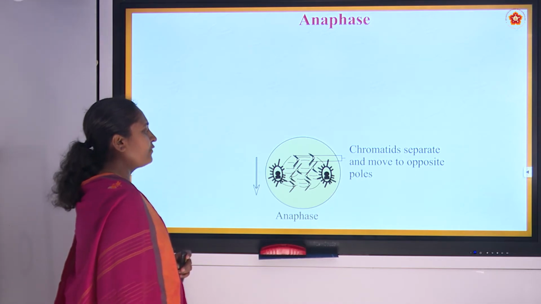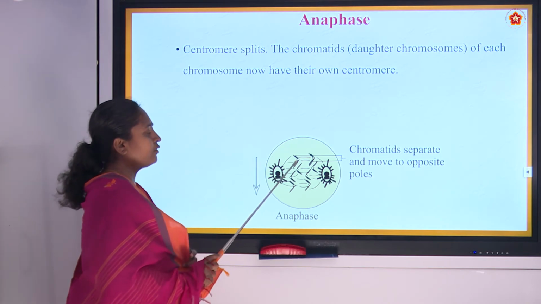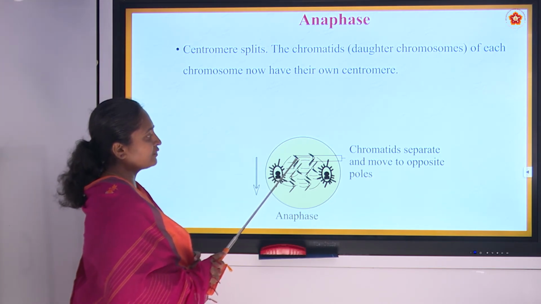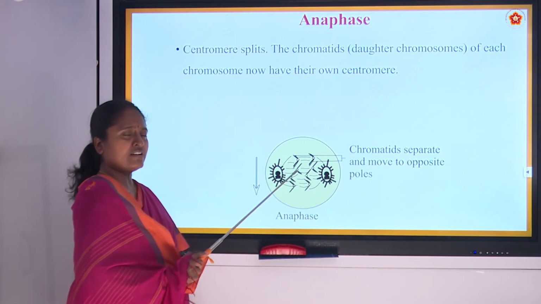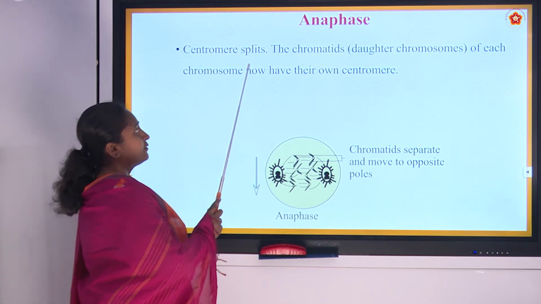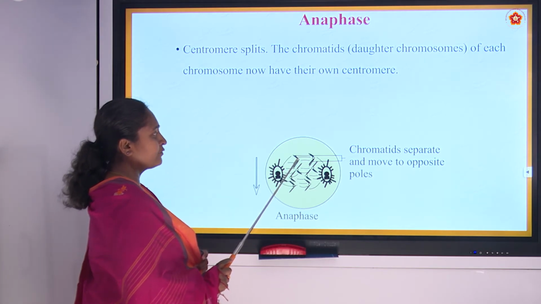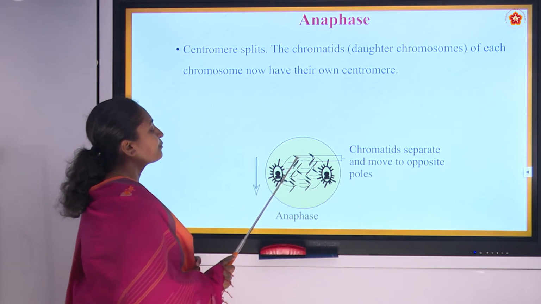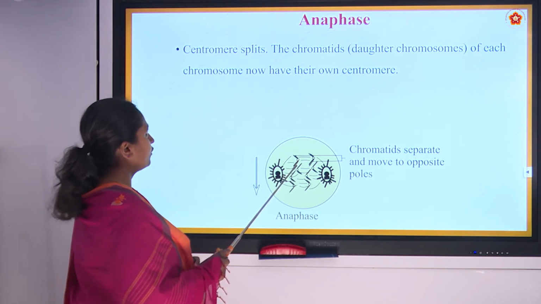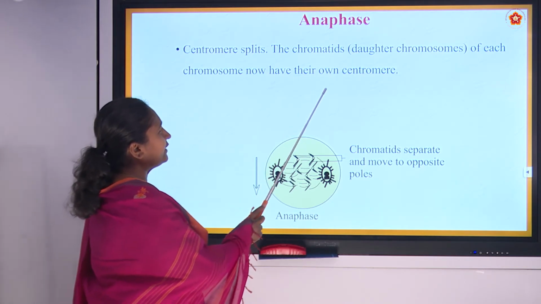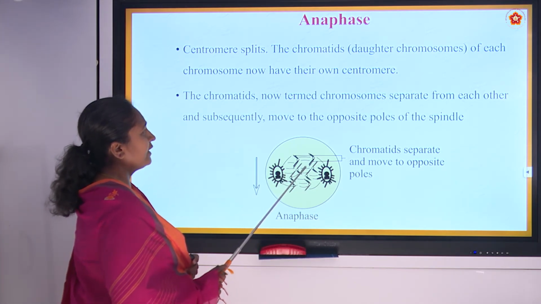Now we will see what is happening in anaphase. In anaphase, the centromere splits. Now the small fibers are getting attached from the centrioles, right? Because of the pulling action from both directions, the centromere is now getting split. The chromatids are now known as daughter chromosomes, because of the break in the chromosome. These daughter chromosomes now have their own centromere, and the chromatids are going to get